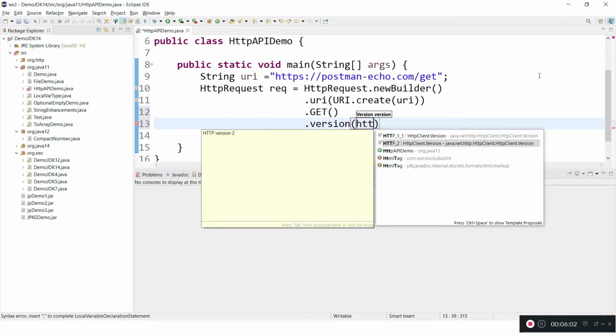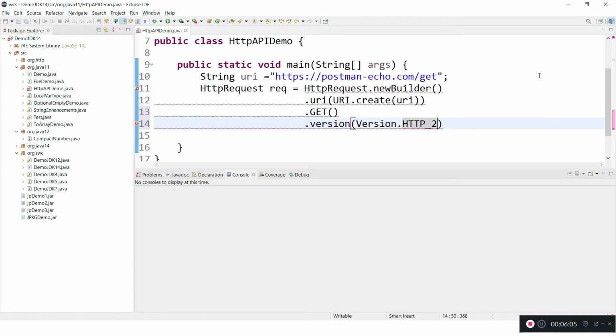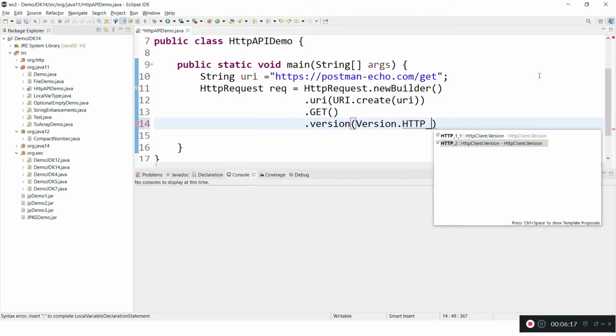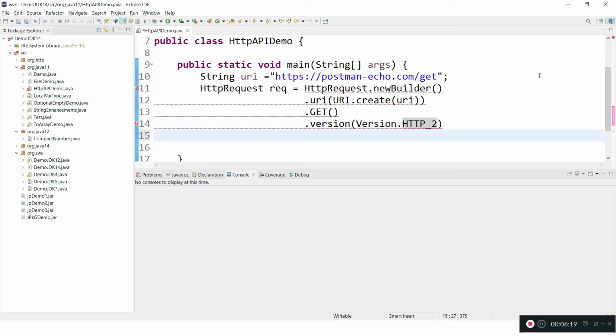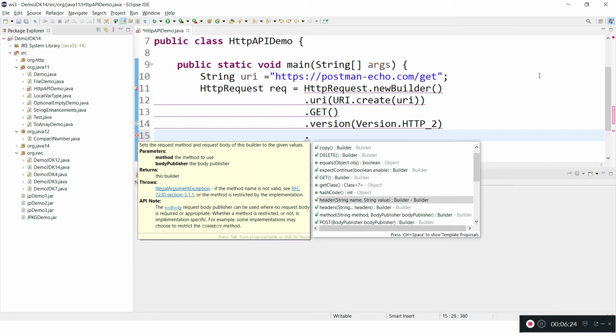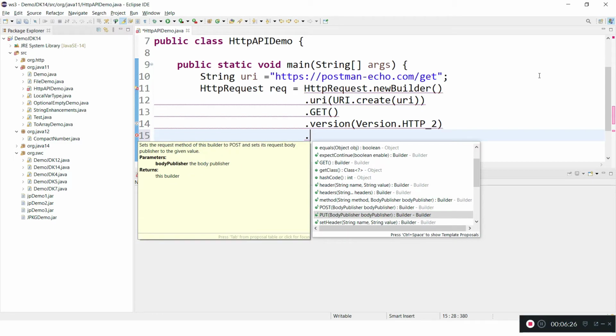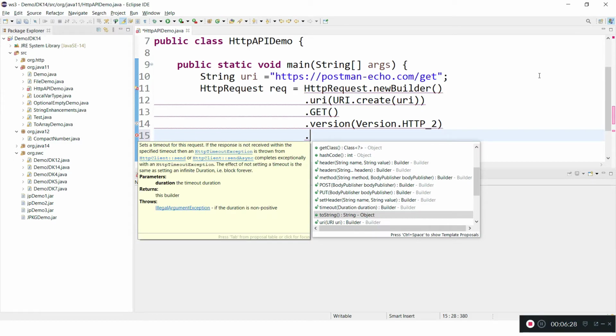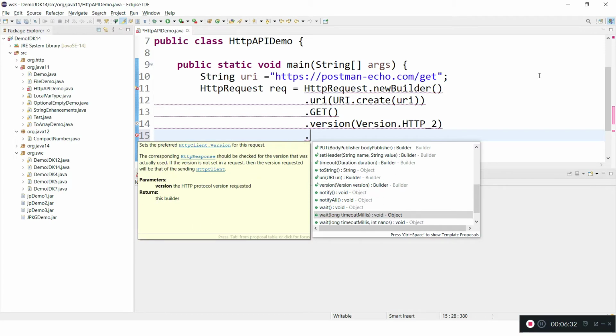HTTP 2 is the latest protocol, but if the application does not support it, then the application internally takes the older protocol, that is HTTP 1. Either one we can set. I'm going with HTTP 2. And let's see what other things we can set, like headers such as content type, application JSON, and there are many things we can set. We can set the timeout as well. Yes, we set the version.